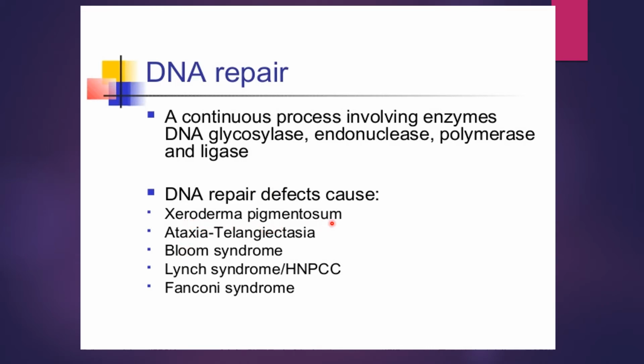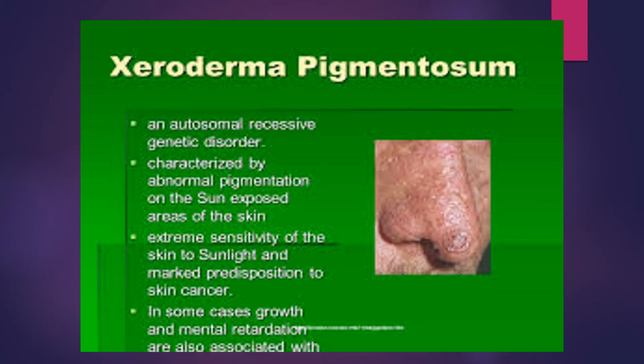If the DNA repair system is defective, the following diseases may occur: number one is xeroderma pigmentosum, ataxia, Bloom syndrome, Lesch syndrome, and Fanconi syndrome. This is an example of xeroderma pigmentosum, which is an autosomal recessive genetic disorder characterized by abnormal pigmentation